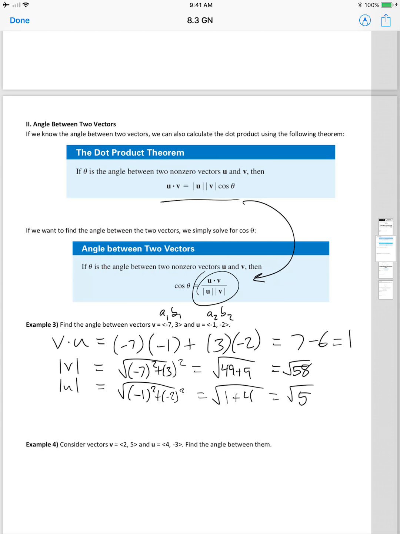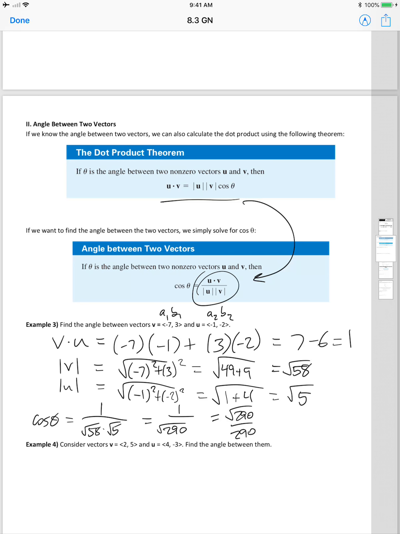So, plugging into our formula, the cosine of the angle between these two vectors, v and u, is going to be the dot product divided by the two magnitudes multiplied together. So we can simplify those radicals, square root of 290, rationalize that denominator,